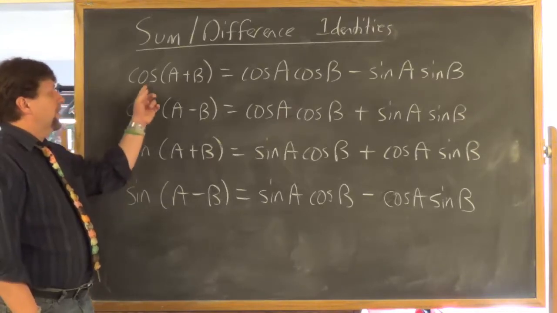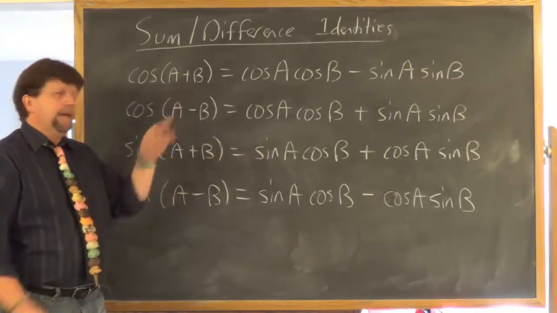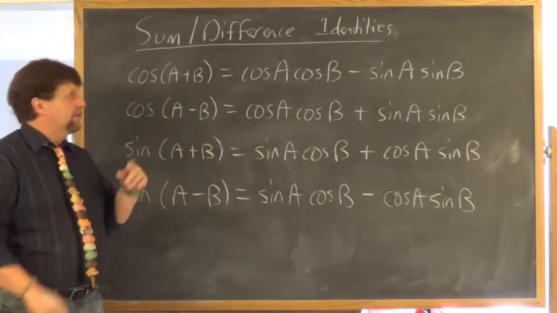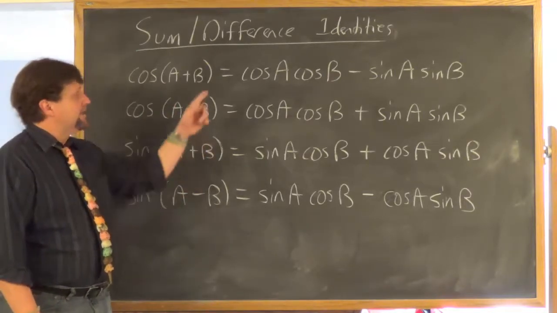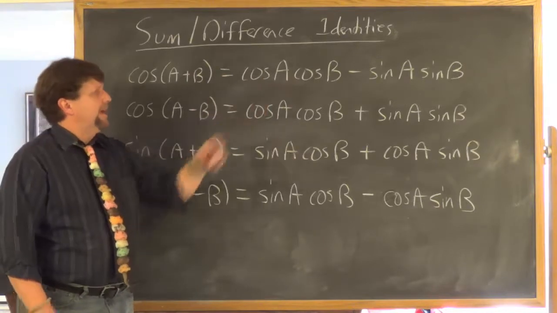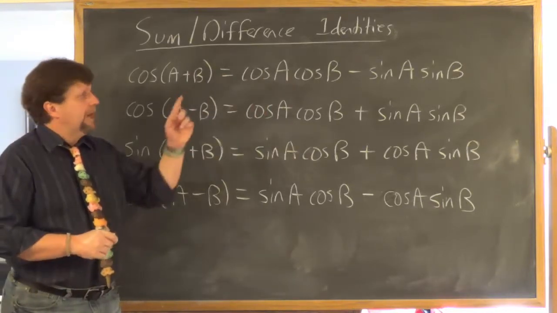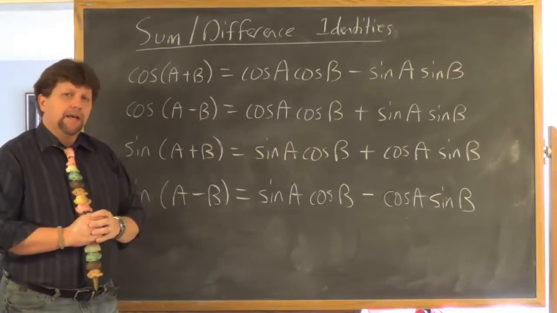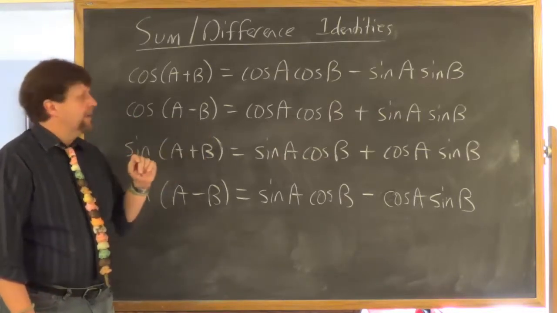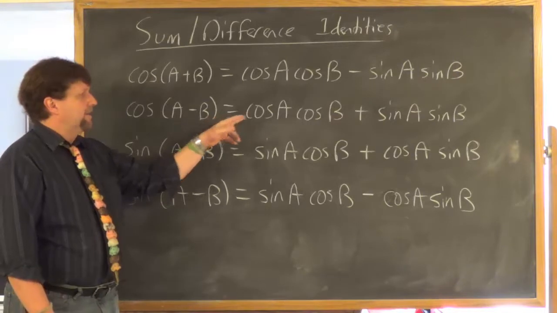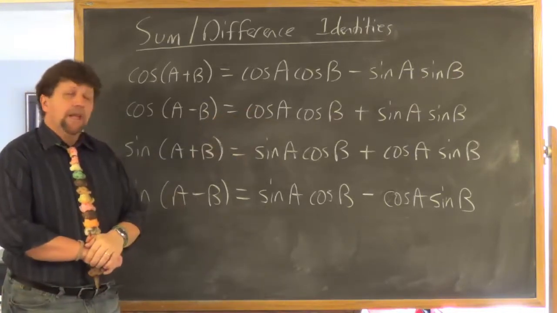First one says if you have the cosine of A plus B, think of A and B being two angles, the identity for that is it's equal to the cosine of A times the cosine B minus sine A times sine B. Likewise, if it's the cosine of A minus B, you can rewrite that as cosine A cosine B plus